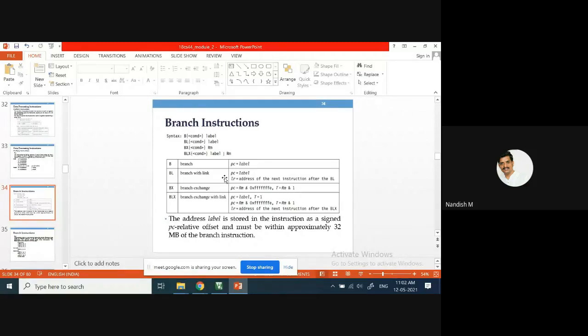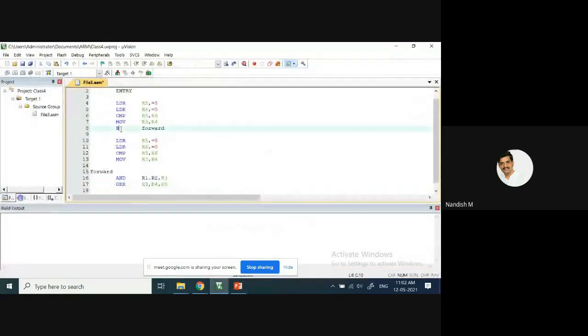If we use BL forward, the address of the next instruction, the LDR instruction, will be stored in the link register. Once it executes these two instructions, since the link register contains the return address, it will come back to this and start executing these instructions.